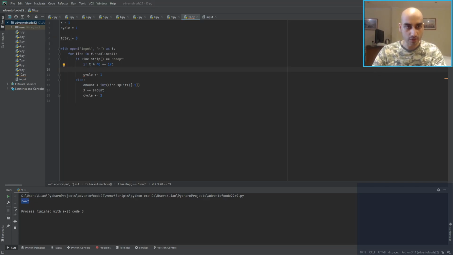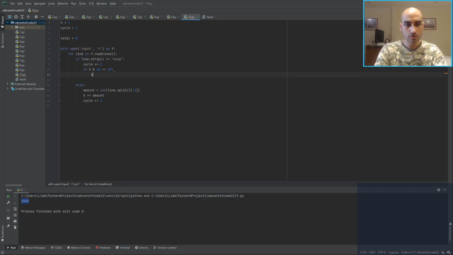How do we do this? So we want the cycle number multiplied by the value of the X register. So we update the cycle, and then we do total plus equal cycle multiplied by X. So for the first case it'll be 20 multiplied by X. Okay, fine. The other case is